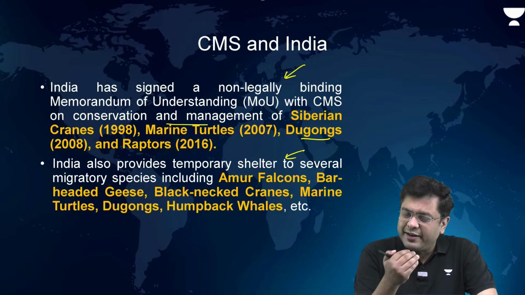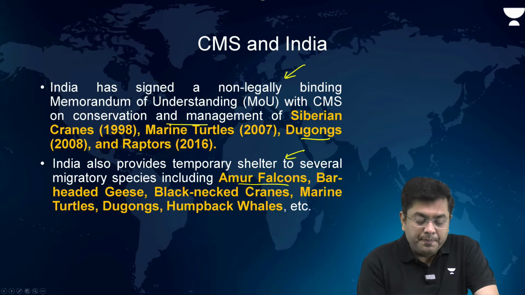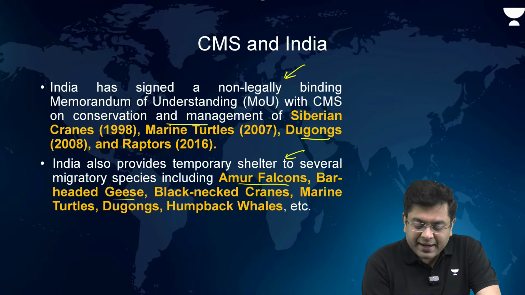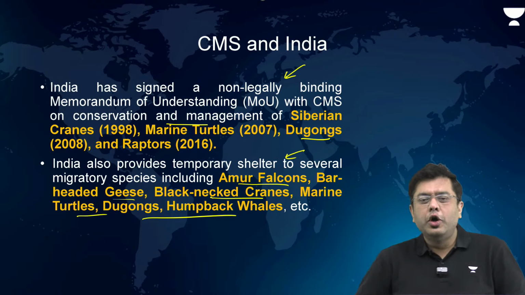So here, that is where India provides a perfect feeding ground. So Amur falcon, bar-headed geese, black-necked cranes, marine turtles, dugongs, humpback whales, there are many migratory species which do come